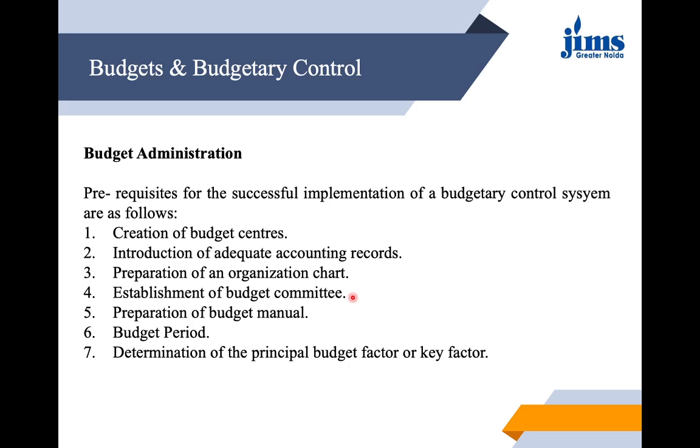Then we have preparation of budget manuals. If I look at the definition given by CIMA, a budget manual is a document which sets out responsibilities for the persons engaged in the routine of, and the forms and records required for, budgetary control. A budget manual is basically a statement of budget policies. It lays down the details of the organizational setup with duties and responsibilities of executives, including the budget committee and budget director, and the procedures and programs to be followed for developing budgets for various activities.